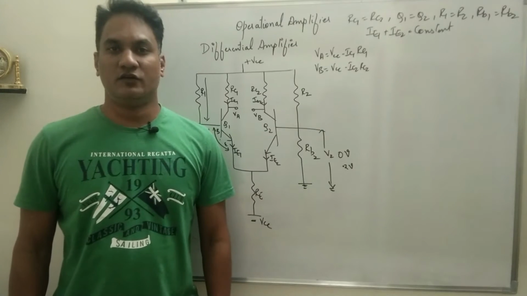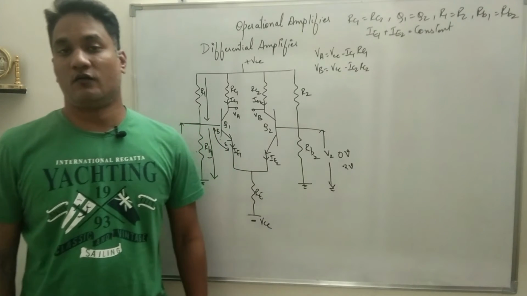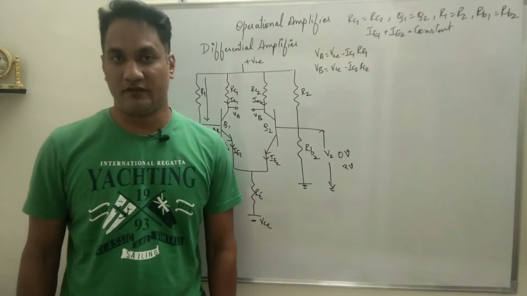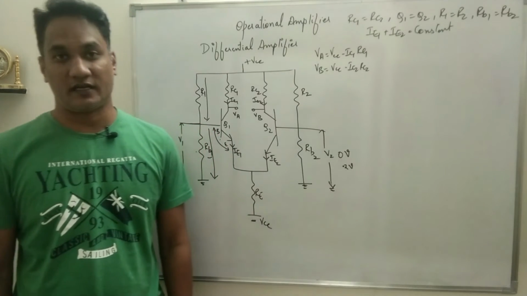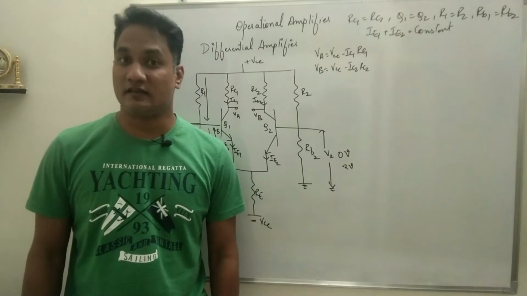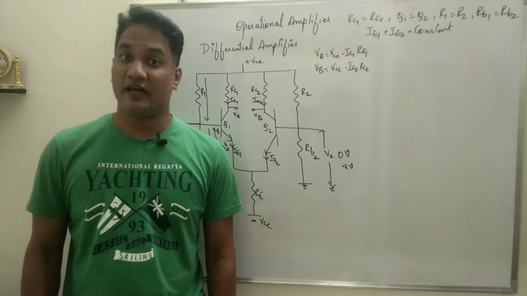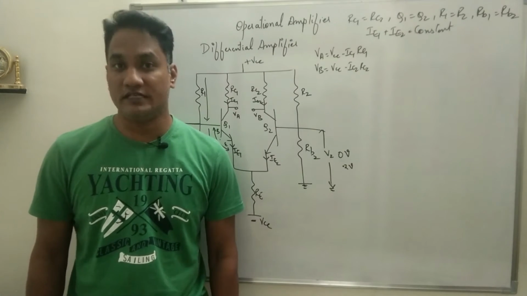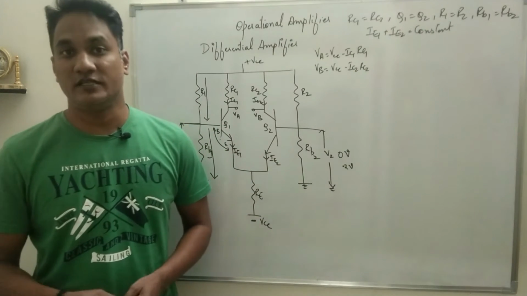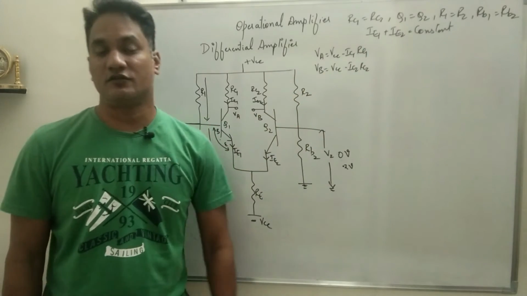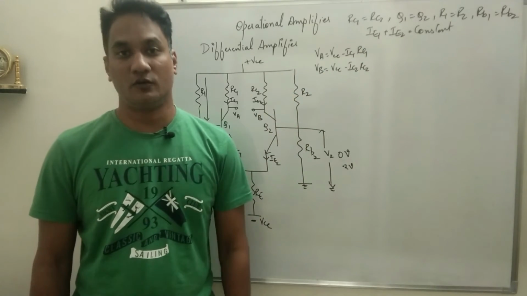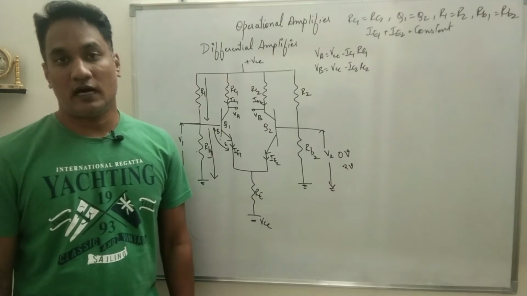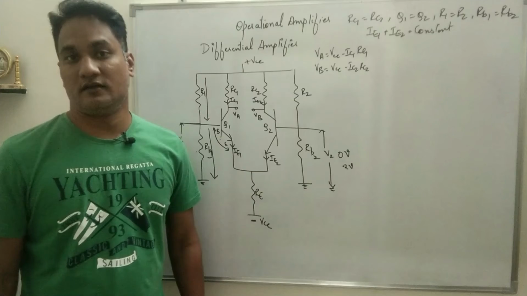In the previous video, we tried to understand the construction part of differential amplifier. We said the circuit should be symmetrical, and a differential amplifier is nothing but a direct coupled amplifier where the emitters of the two transistors are directly connected to each other. And when we say the circuit should be symmetrical, that means RC1 should be equal to RC2, Q1 should be equal to Q2, R1 equals R2 and RB1 equals RB2. I will tell you why this is necessary.